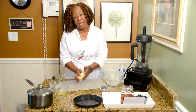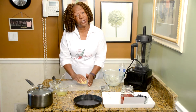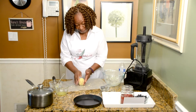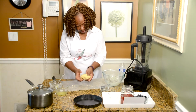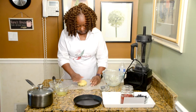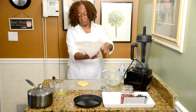You know, with flour and water, when you're doing your crust, you don't want to knead it too much because it'll end up being tough. And we don't want a tough crust. We want a flaky crust. So kind of knead it just a little bit to make sure everything is coated. Got me a nice little ball here. I'm gonna put my other piece of wax paper